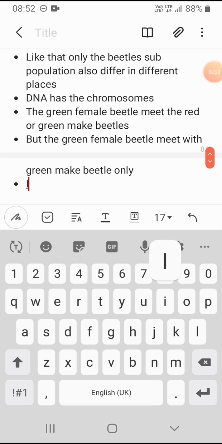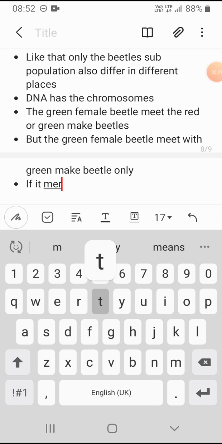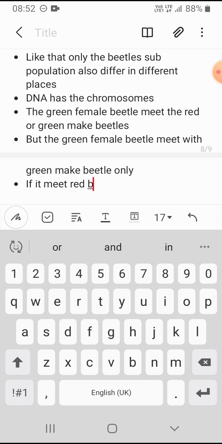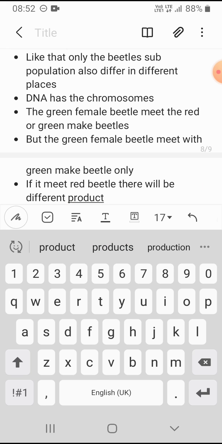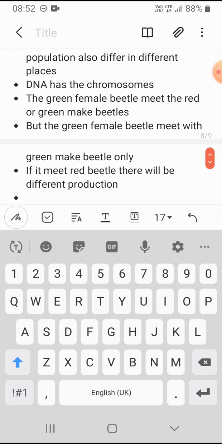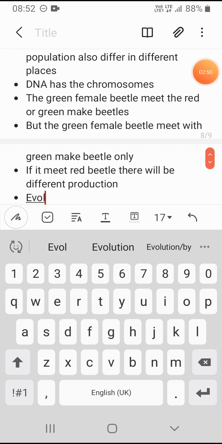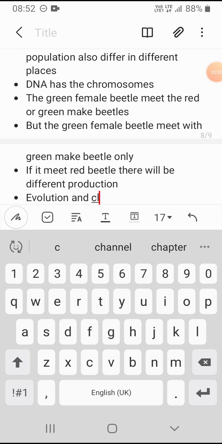If it meets a red beetle, there will be different reproduction, because red beetles are different and green beetles are different. So next is evolution and classification. Next topic is evolution and classification. So it should meet only a green beetle, then they will produce green, otherwise there will be some